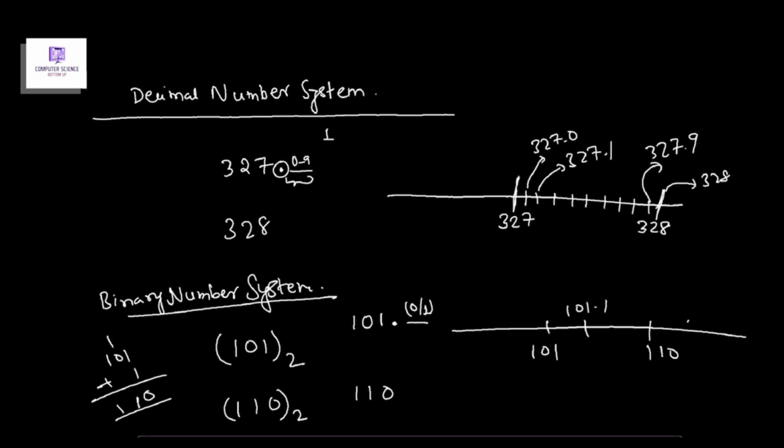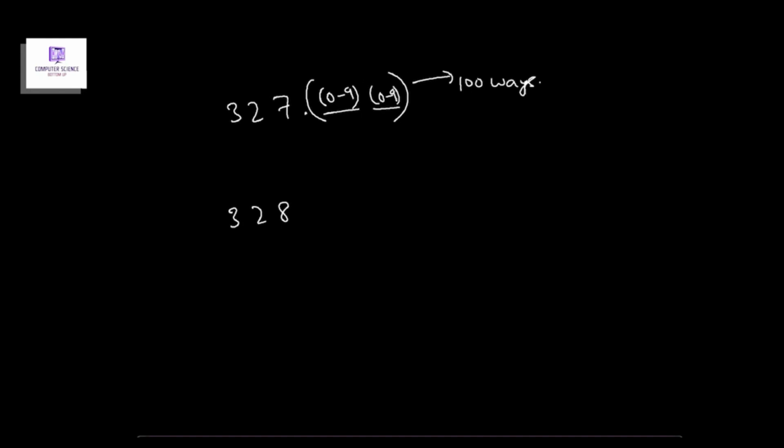What if you have two places after the dot, like for example 327.-- and the next number is 328? Then in how many ways can you fill these two places? You can fill these two places in 100 ways, right? This place can take 0 to 9, and this place can take anything between 0 to 9. So in 100 ways, between 327 and 328,